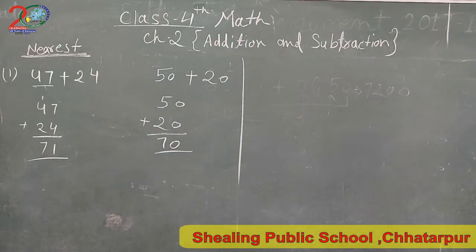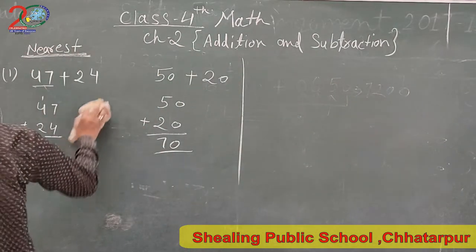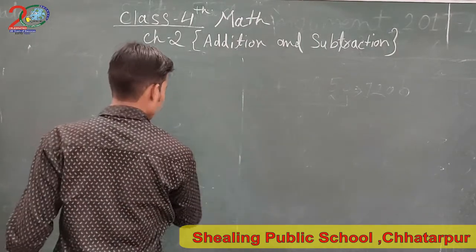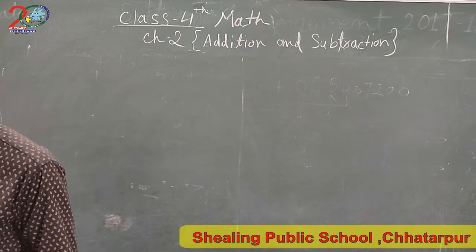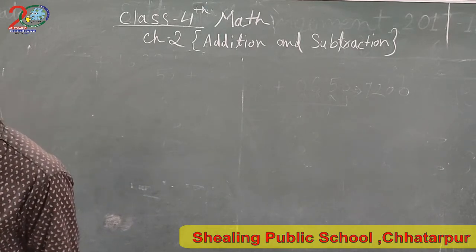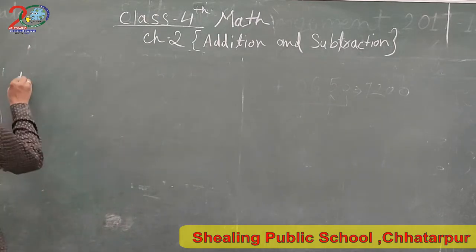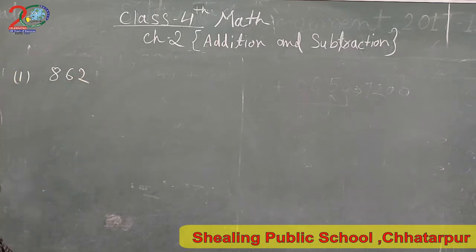Now we are explaining subtractions. Okay, like this. Subtraction also has 3 types. That's all addition. Now subtraction. Okay, so one question of subtraction. First we take the simple question, like 862 subtract by